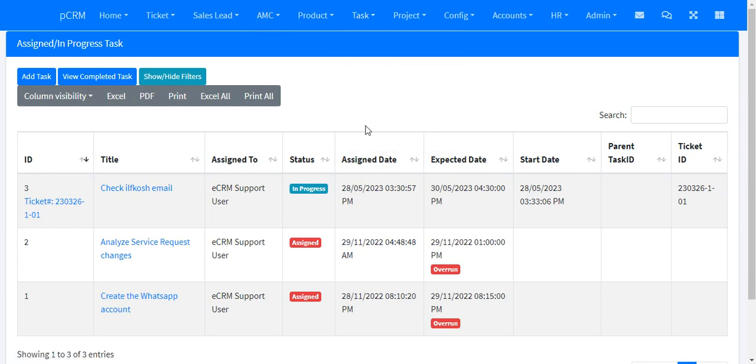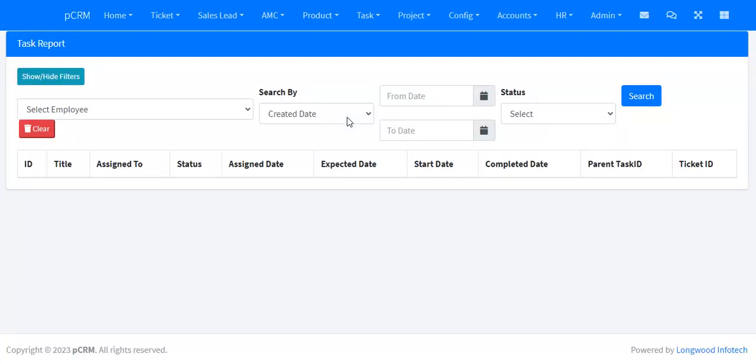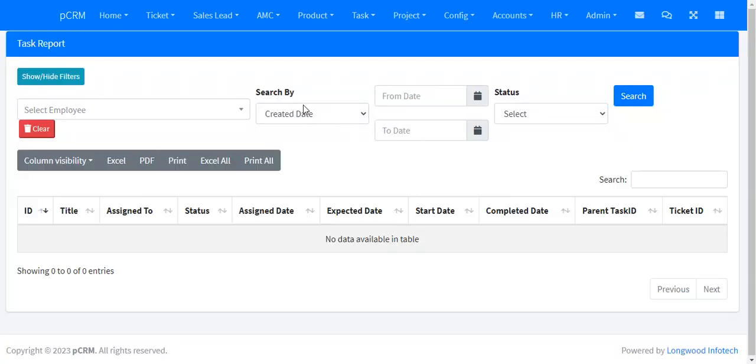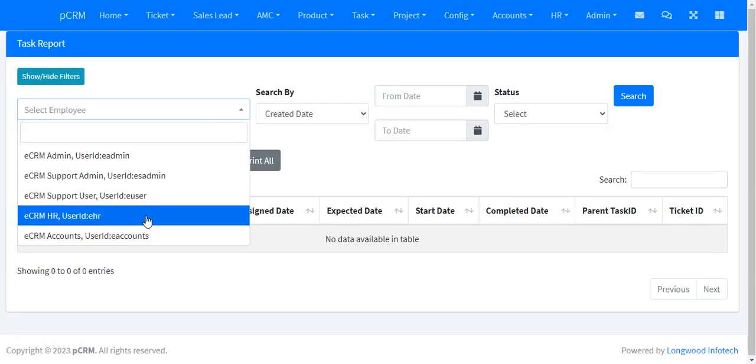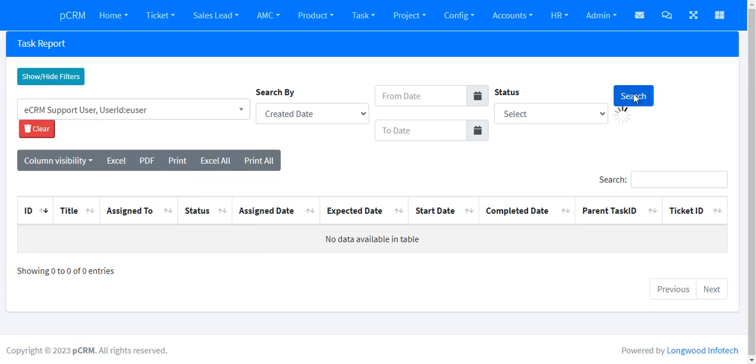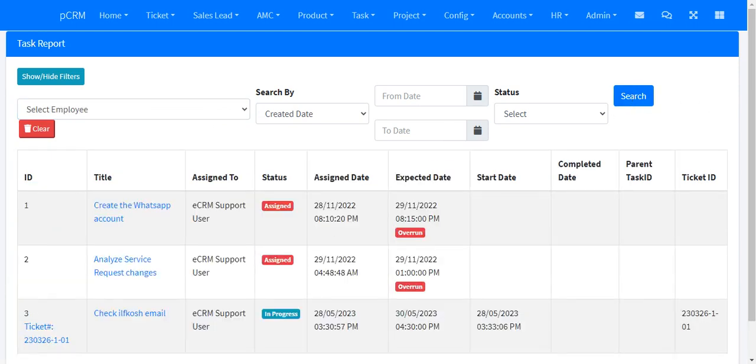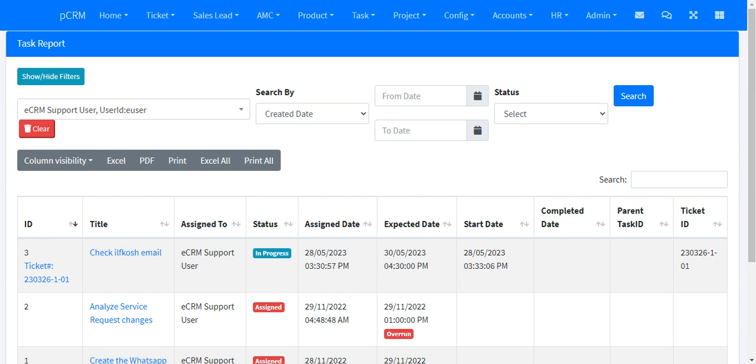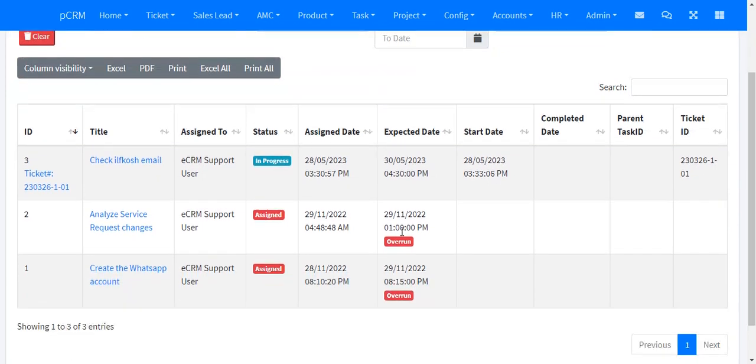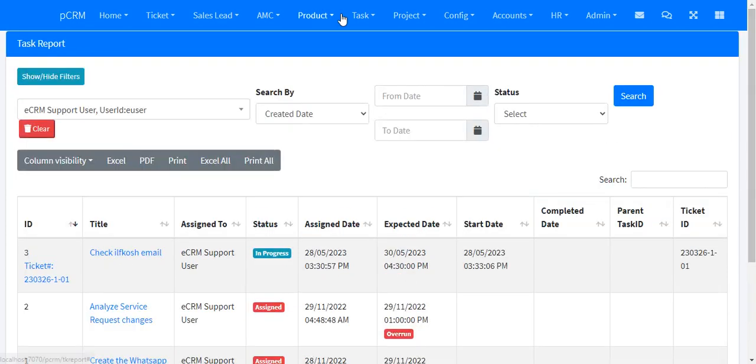I just covered that as well. The task report is like, for a particular employee who has completed tasks, you can get all the details, like for a particular user, what are the tasks assigned, whether it is overrun, right? How much time he has taken for that particular task. All those details we can see here. Okay. Next, I will go over the